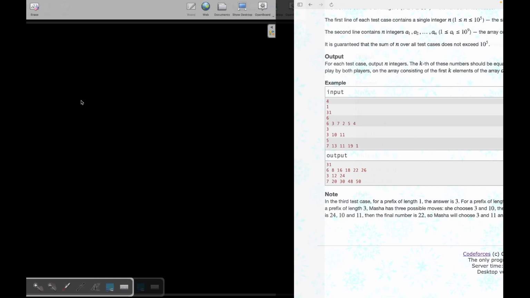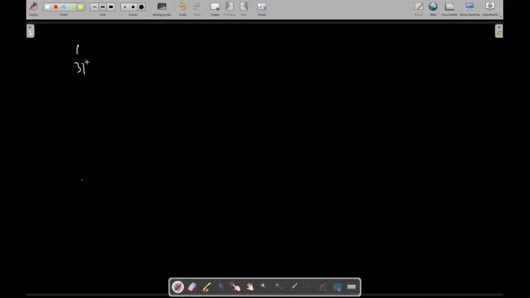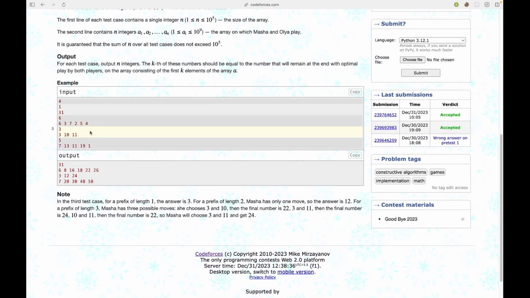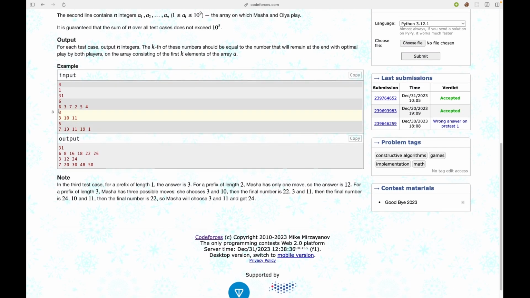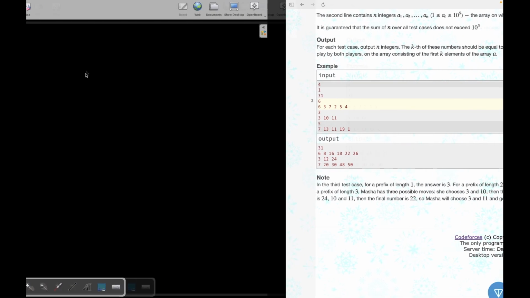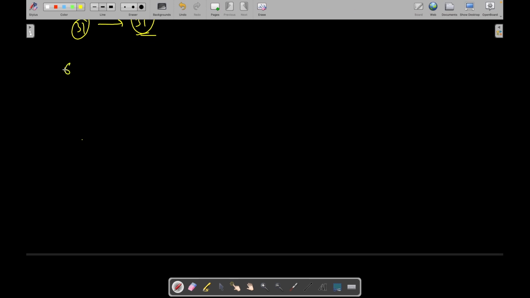So first we have 1 and 31. Obviously, because there is only one number, 31 will be printed, right? Next we have 6, 3, 7, 2, 5 and 4. So for this first prefix, the answer will be 6 only, right? Okay, and for this second one,